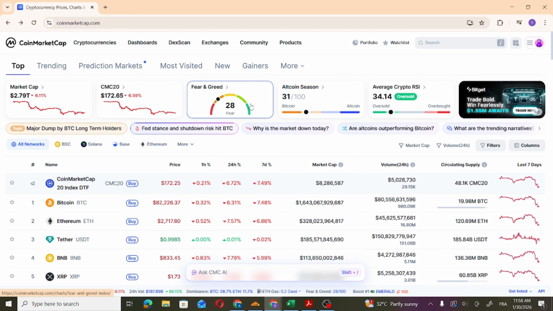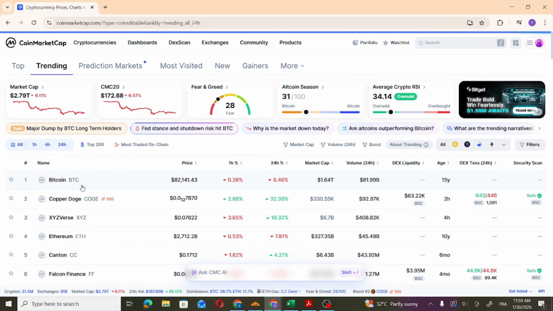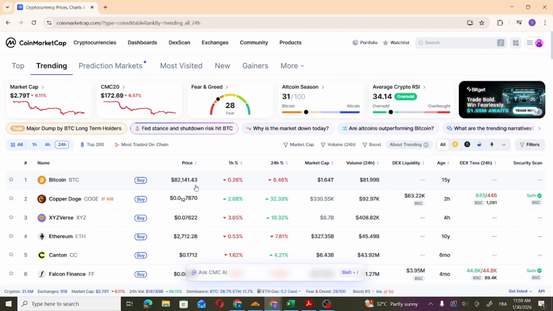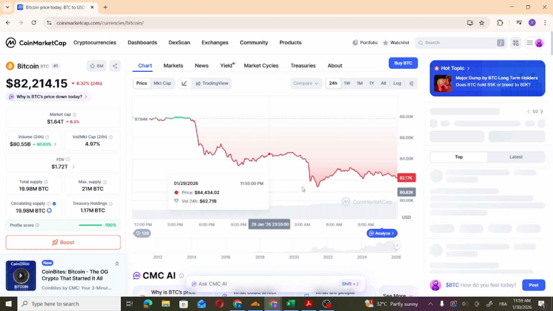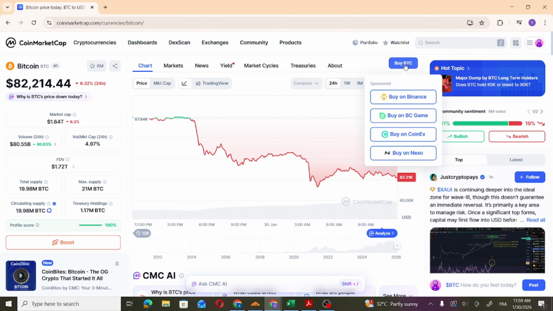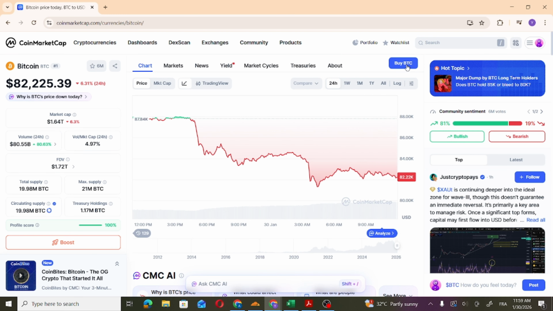So all you need to do is to log in or sign up, create an account, and then in your account you can see the top and the trending cryptocurrency, and then you need to choose the cryptocurrency that you want to buy. For example, Bitcoin. You click on it, and then you can see here buy Bitcoin, buy on Binance, buy on BC Game, buy on, you can choose whatever option you want, and then you press on it,